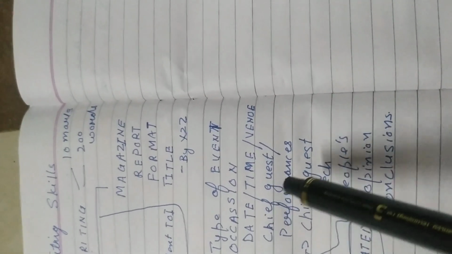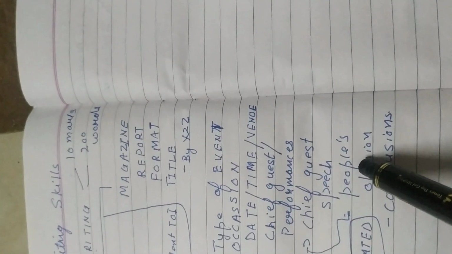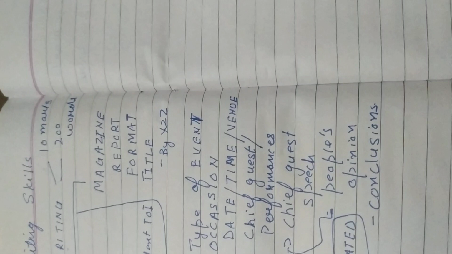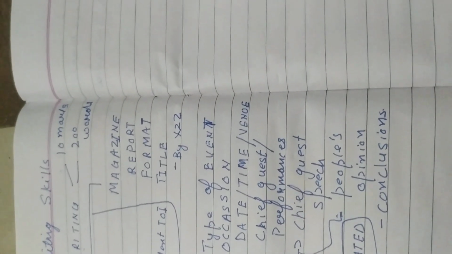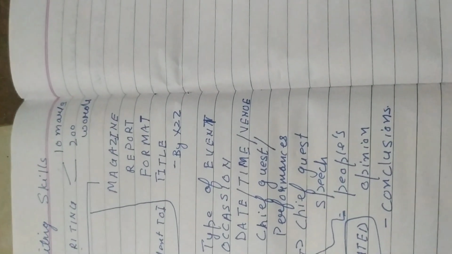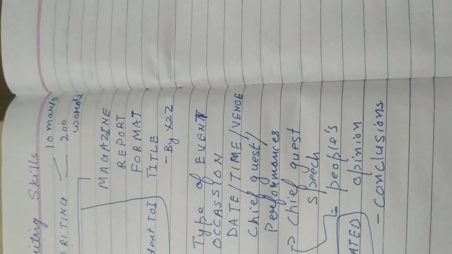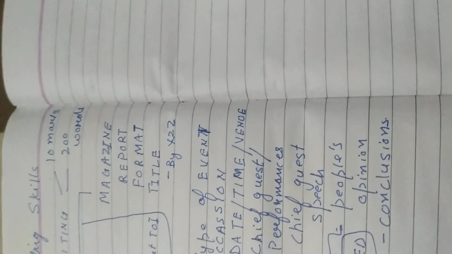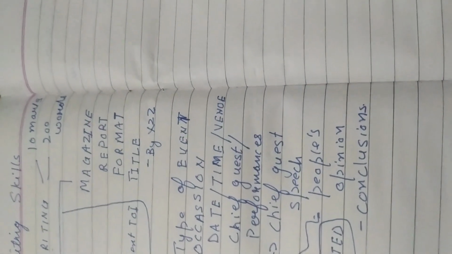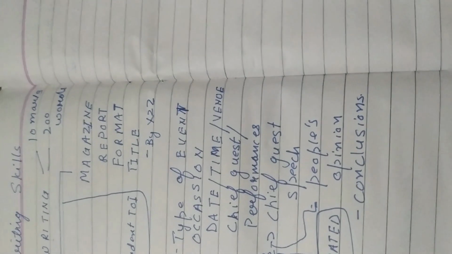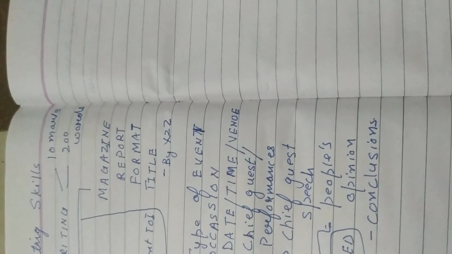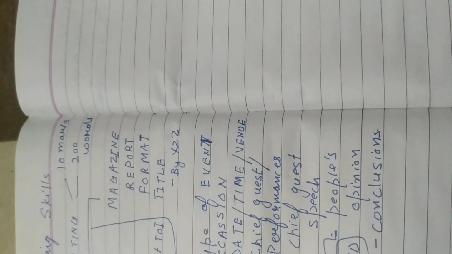Then after the function finishes, you have to talk about what people's opinion is, how the spectators responded, like they applauded so loudly, they appreciated the effort. And then every function has a chief guest speech at the end. The chief guest always appreciates the staff, always appreciates the students, and always gives a lesson in his speech. So you have to quote the words. I will emphasize quoting the words of the chief guest. You can write that while addressing the audience, the chief guest motivated the students and applauded the teachers behind the success of this event. And then the conclusion.